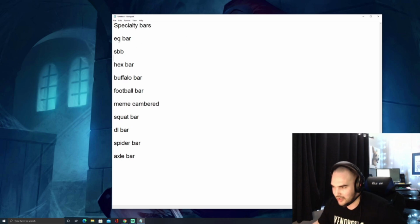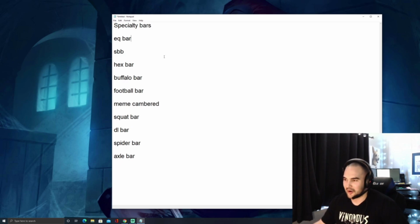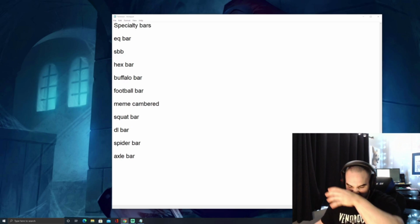Now there's a lot of different bars here. I don't know if I'm going to bring everyone up, but I'm just going to go through each bar, see where this bar might be useful and if I would use it or not. Let's see here. So we're gonna start off